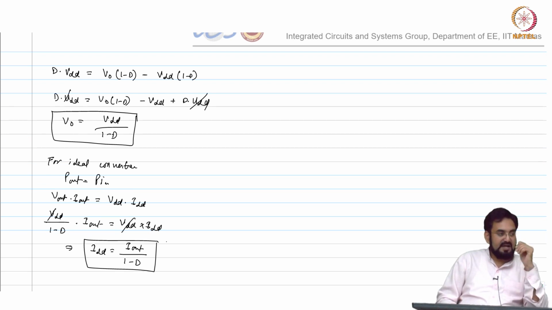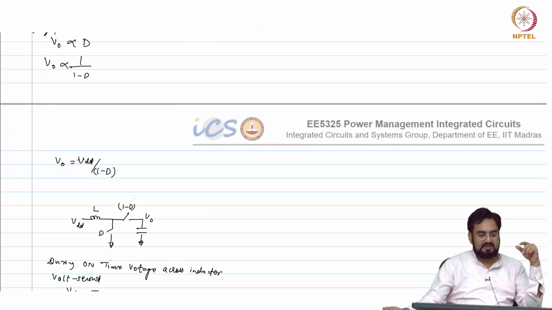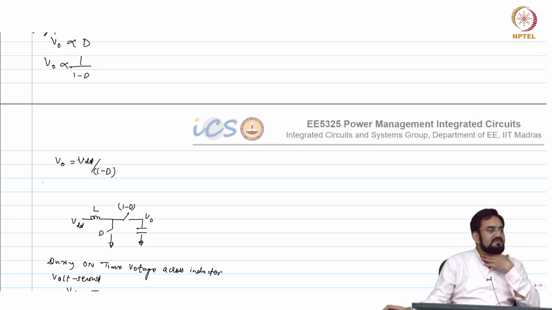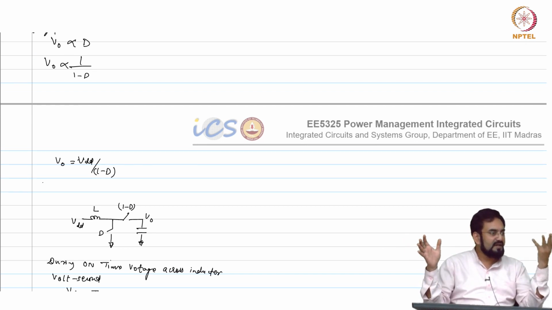Okay, so if you operate at a very high duty cycle, let us say 90% duty cycle, you are looking at 10x current drawn from the input. And if your current is more in this inductor, what would happen? Which loss will increase? Magnetic? I square R loss, 2x current means 4x more loss. If it goes from 1 to 2 amp, with all the conditions the same, you are looking at 4x more losses.